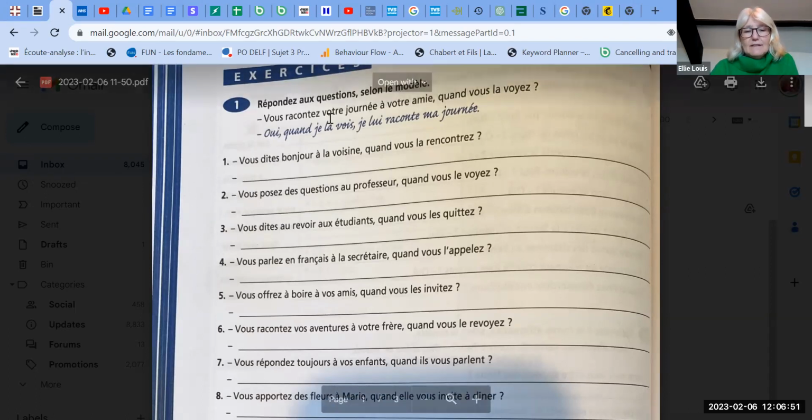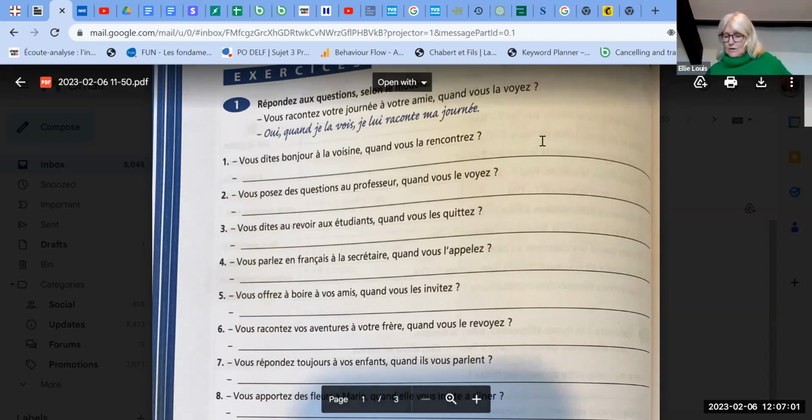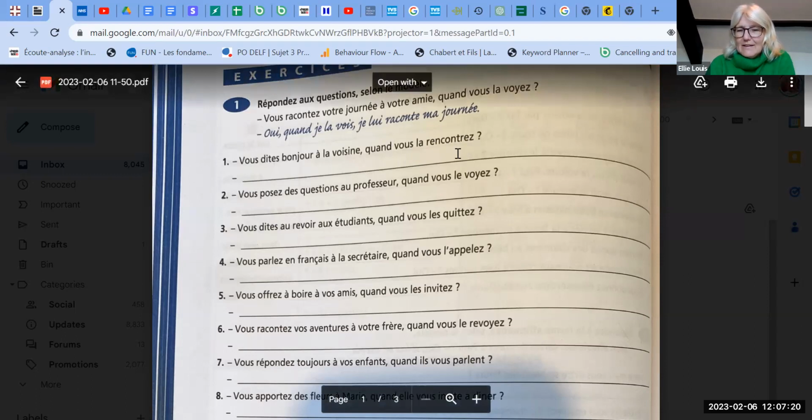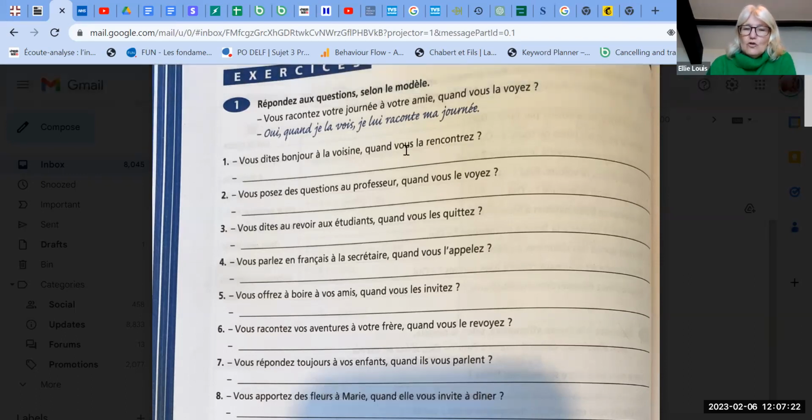So you've got to choose which one has got the la in it, because we're talking about voisine, and which one has a lui in it, because it has an à after it. So do you want to have a go at either writing that down or thinking about what you think that answer would be? Okay, well, we're kind of given some help actually by the way this is set up anyway. So, oui, quand je la rencontre, because they've already given us that pronoun, haven't they, on that side? Yes. So, quand je la rencontre, when I meet her,